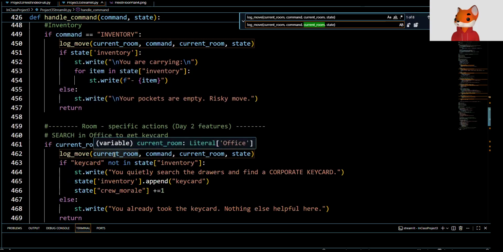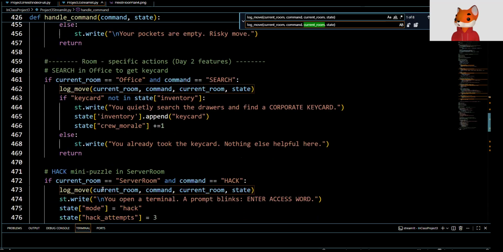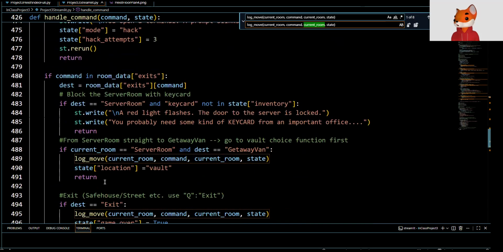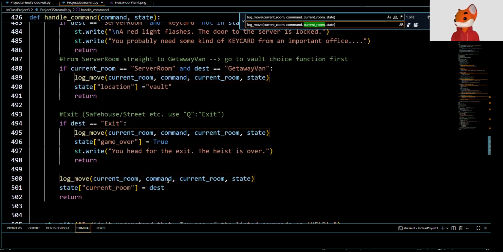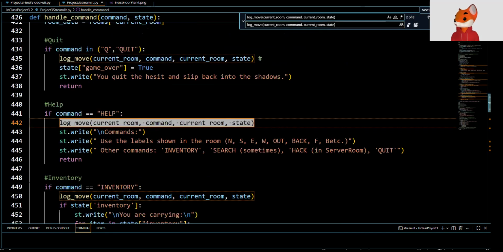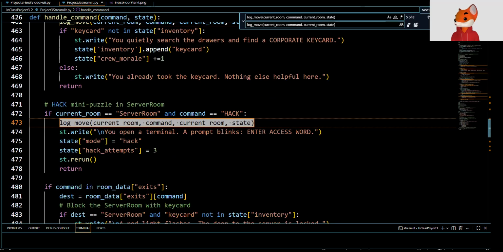Where are the exits? Here. All right, so the issue is in the exits portion where all three of these are kind of looking at the specific current room. I want to make sure that what gets modified isn't those, but we're going to look at